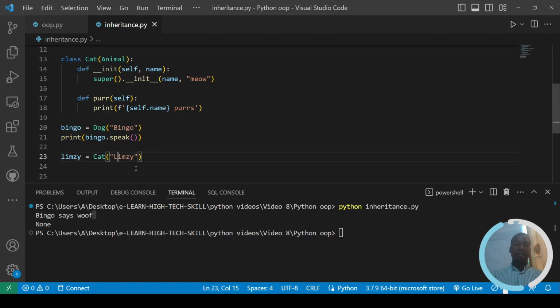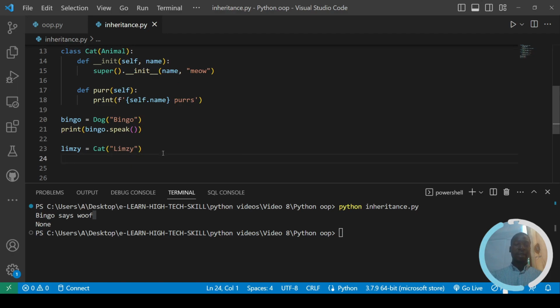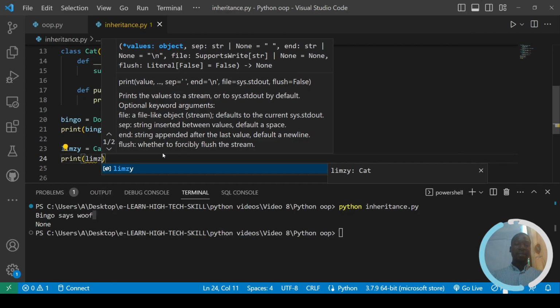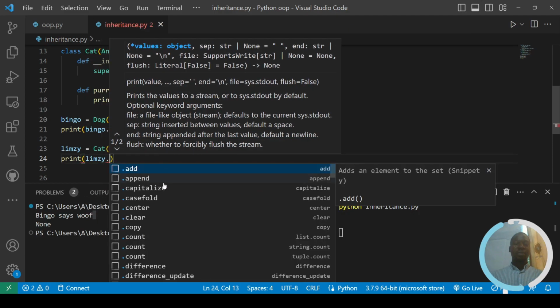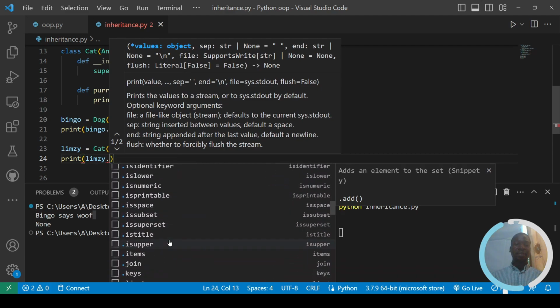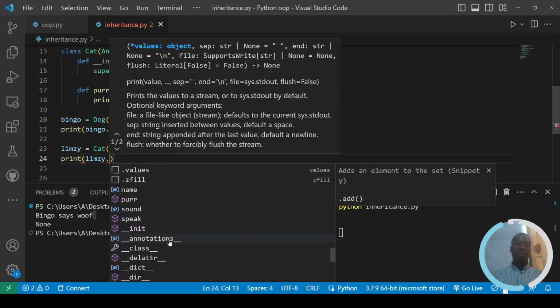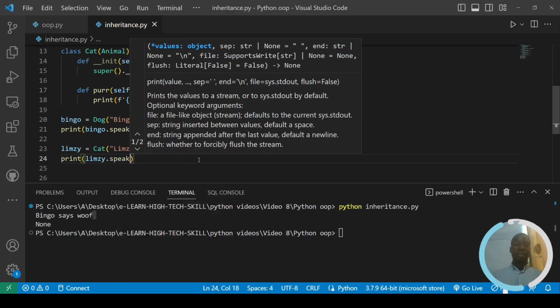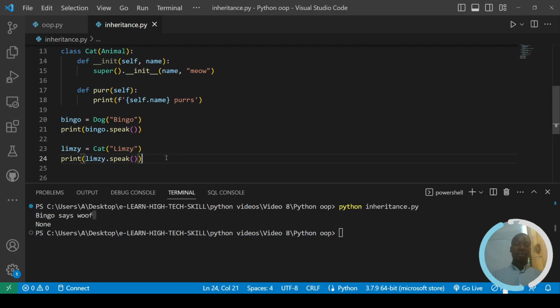I'm going to capitalize the first letter just so it looks like a name. So I'm going to say print Lindsay dot. So we have some of these methods that we can call on it. The custom methods are the ones I'm actually looking for. I can either say speak or get the purr sound. So let's get the speak. Okay, so if I run this code now,